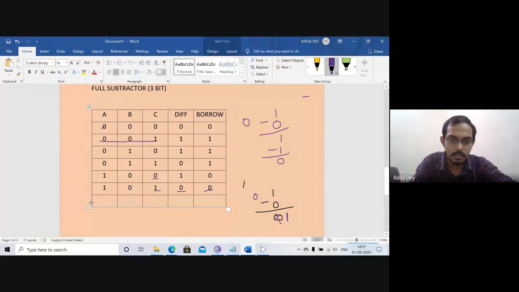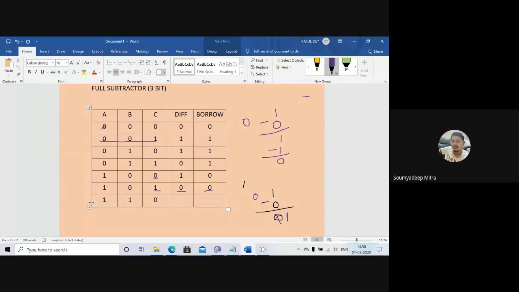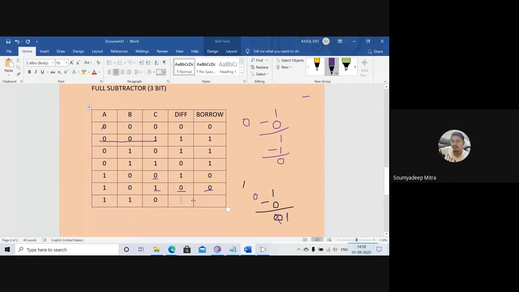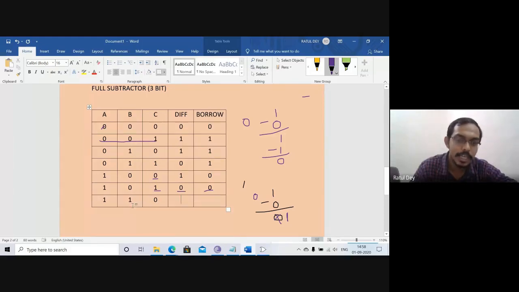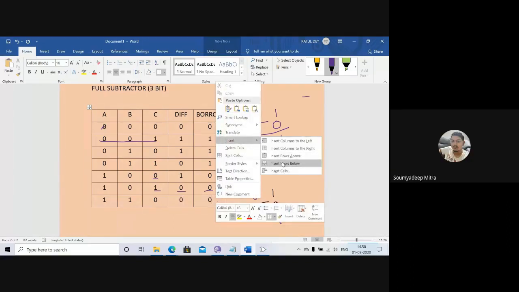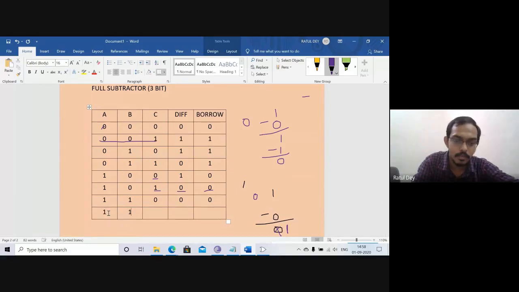Next is 1, 1, 0. Can anyone say what it is for 1, 1, 0? 1 minus 1 is 0. Again 0 minus 0 is 0. So we put 0, 0. Next we insert 1, so this is 1, 1, 1.